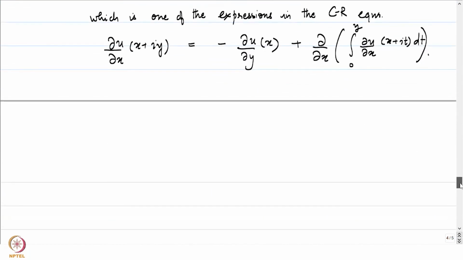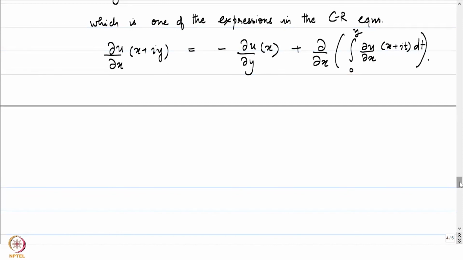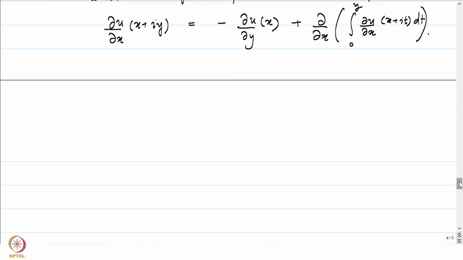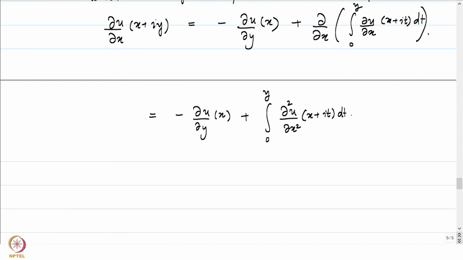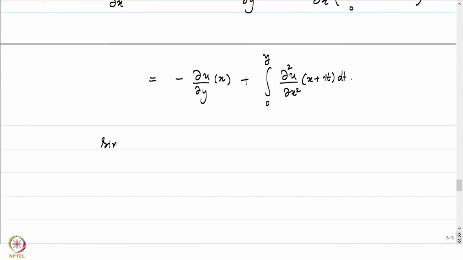But then our function u is twice differentiable, and by an application of a special version of Fubini's theorem, we can interchange the limit and the integral and the operator differentiation, and we get this is equal to minus of ∂u/∂y at the point x plus integral from 0 to y of ∂²u/∂x² of x plus it dt. We also know that u is harmonic. Since u is harmonic,